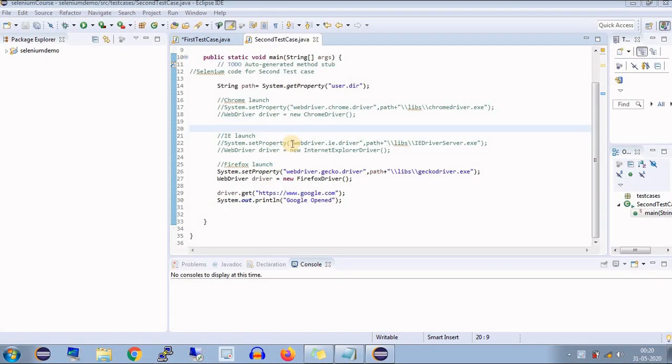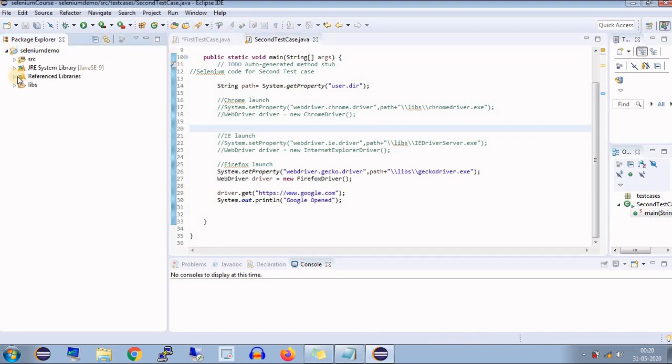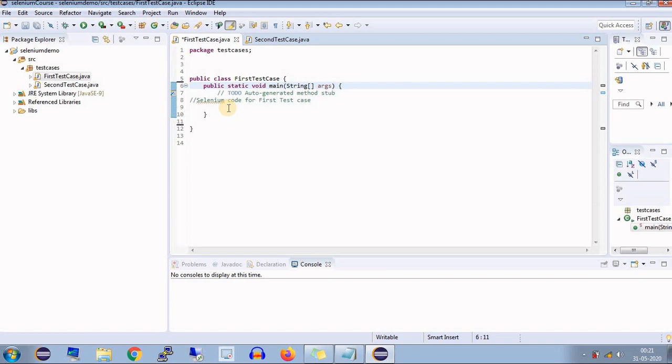This is our existing code which we have used to open the Google website on 3 different browsers like Chrome, IE and Firefox. Now the drawback of that code is we cannot use all lines in the same execution. Like if we want to execute the test case on Chrome browser, then the other two browser lines we have to keep commented. This is the main drawback. So now in this video we are trying to work with some new function. So here we are trying to make our code modular, means we'll separate each and every action in different methods.